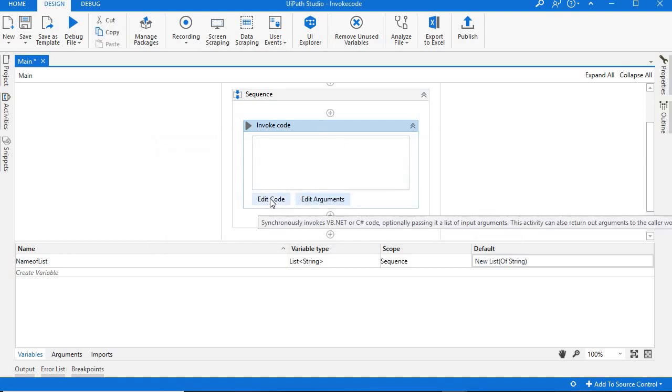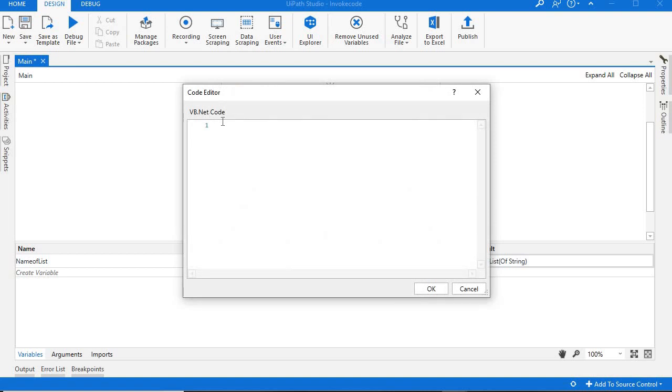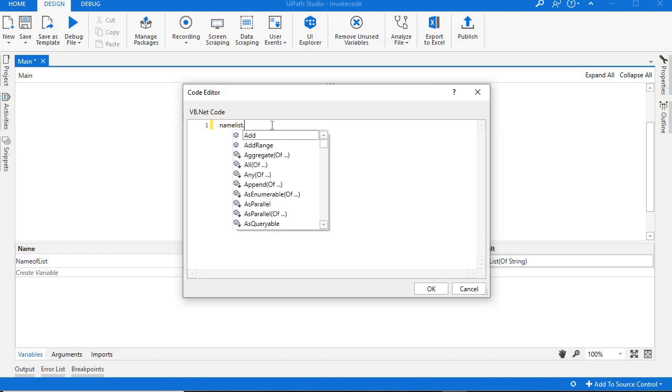Now we are going to the edit code section. Here I am writing my variable and adding some name. Here you can see you will get this kind of options when you need to write any code. After this dot, you will get the option of which operation you need to perform next. All the options are available over here.